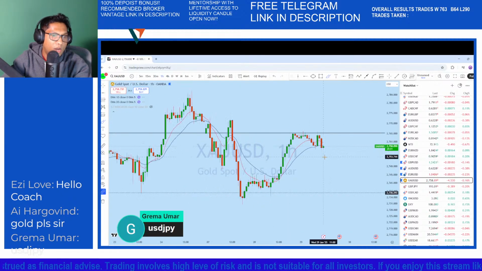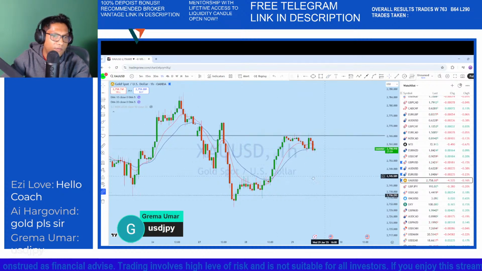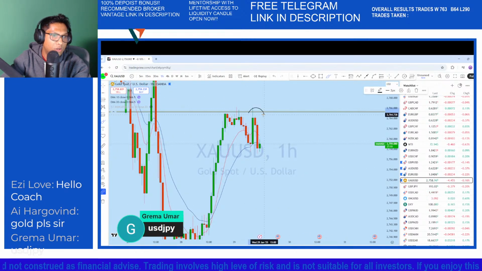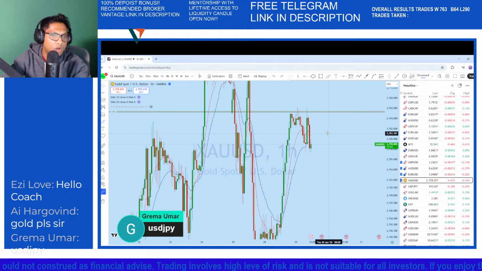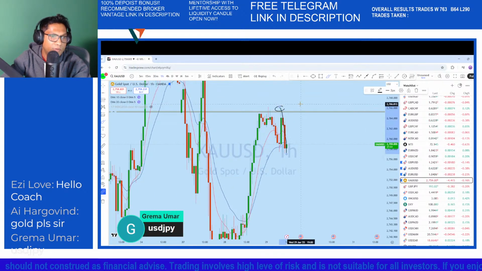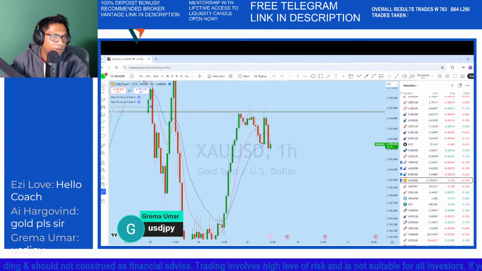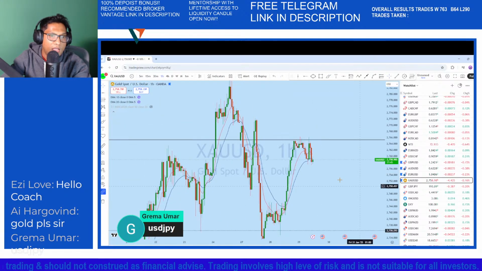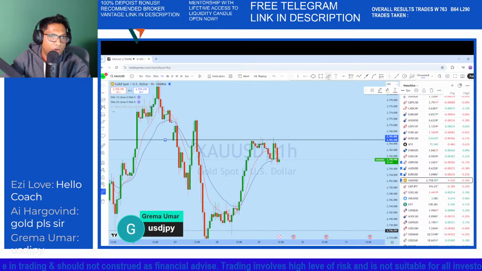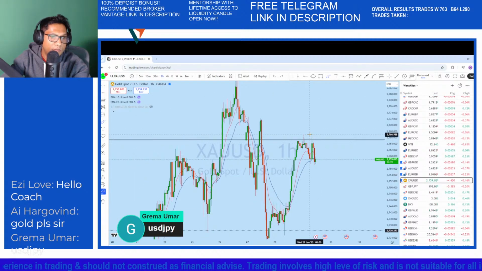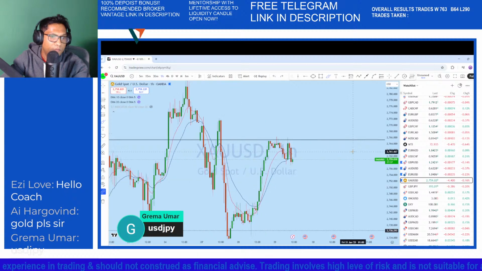Looking at the 1-hour chart to see how the market is evolving, from the 1-hour perspective we can see a double top formation from this resistance line, and a complete break below to the support level on XAUUSD. After this double top formation, the market has broken below to this support level, and